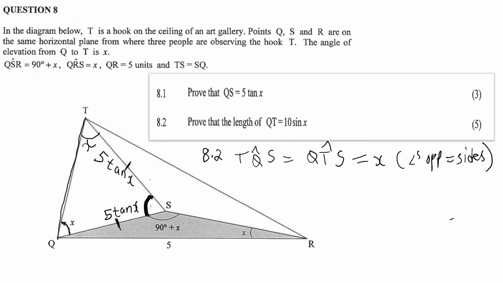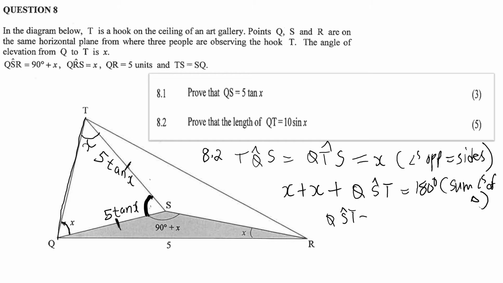Let's calculate that angle. We know that angle X plus X in the diagram, plus this one that we are looking for, which is angle QST, all sum up to 180 degrees because of the sum of angles of a triangle. Then angle QST will be equal to 180 degrees minus